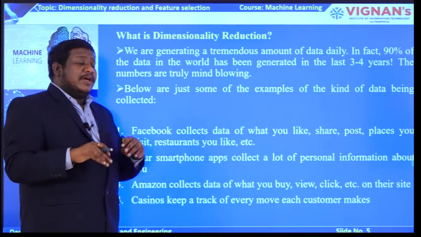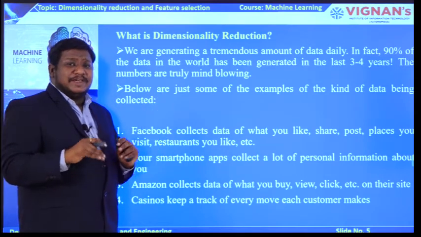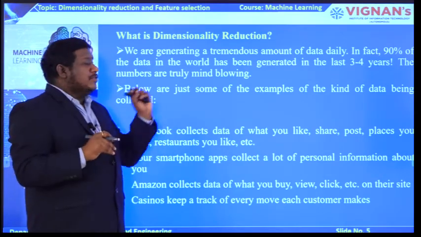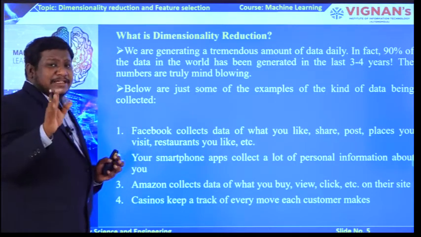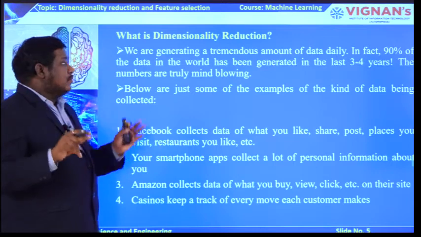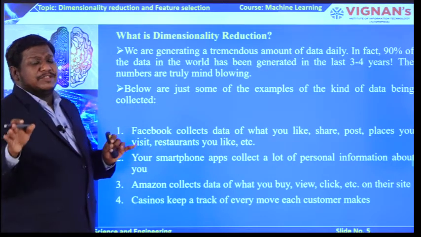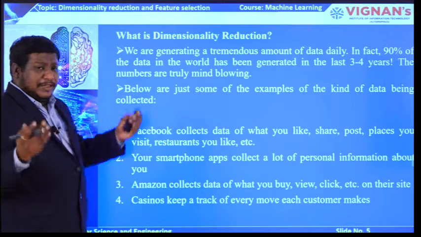So for that, we are going to use dimension reduction. That is the main advantage of using dimension reduction. Simply, dimensional reduction can be used in two types. One is feature selection and the second one is, of course, dimension reduction. That thing you will see in the next slides.